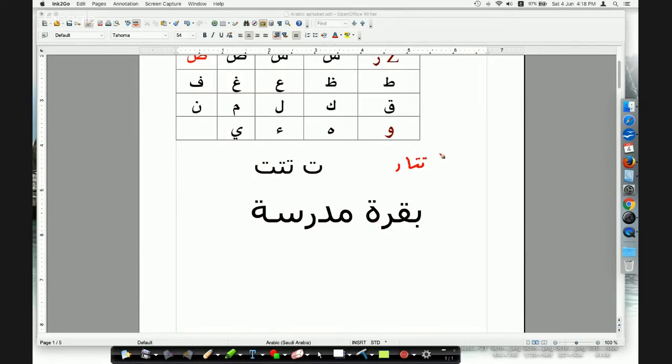marbuta is going to come at the end. All right. You will not see it in the middle. You will not see it in the front. You will see it always at the end. Sorry. So, like let's say,